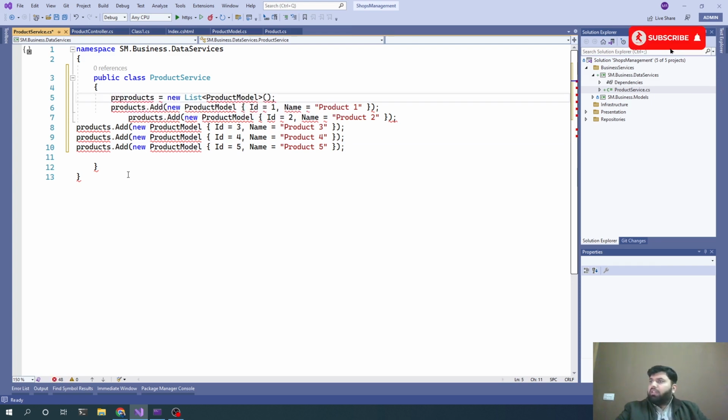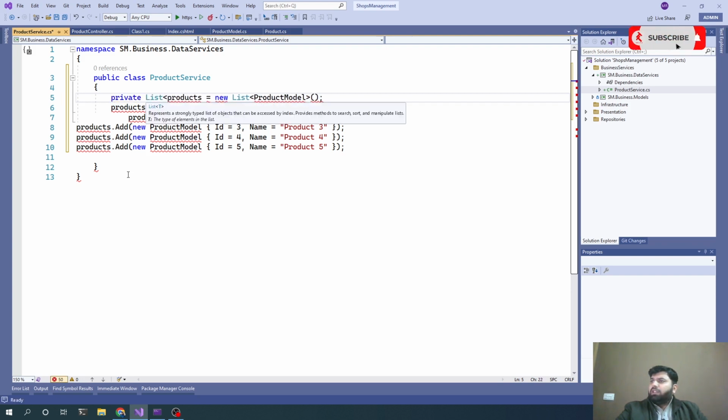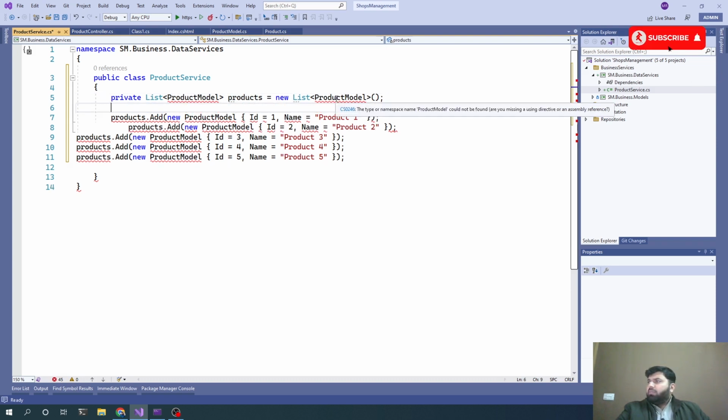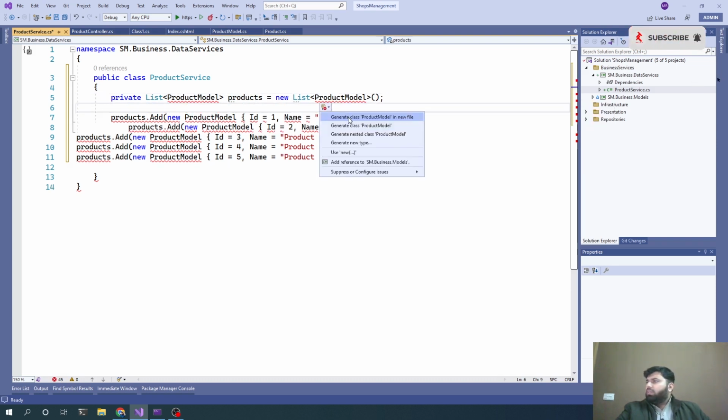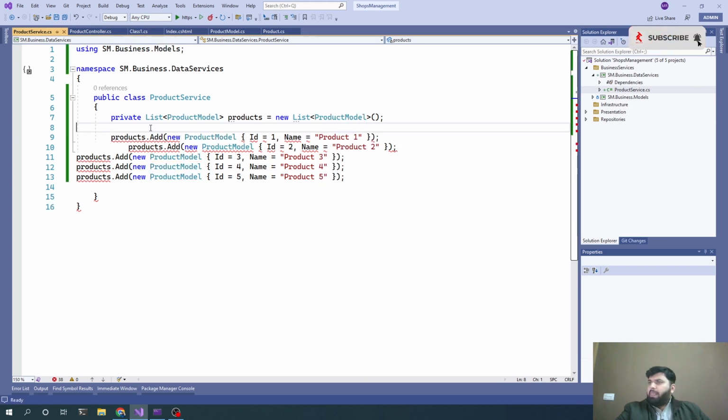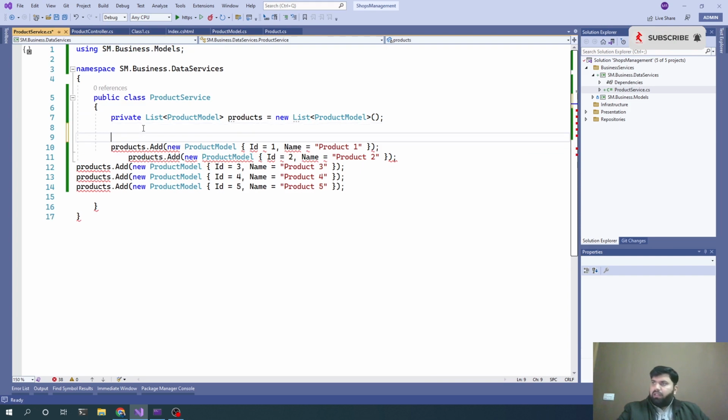And that list would be private, private list of product model products, and for that product model we need to include our business.models project. And let's add next